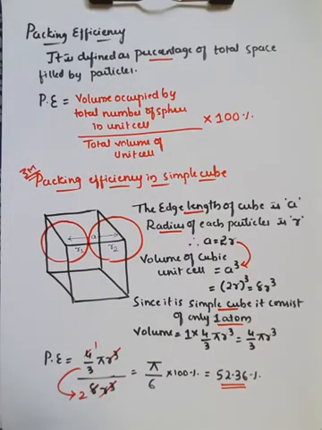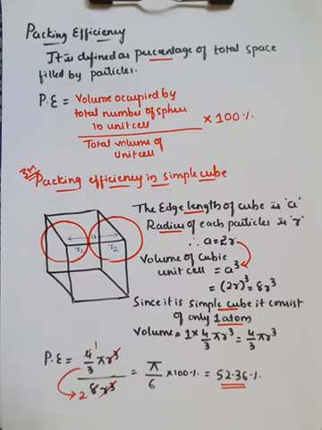Okay, in the last class, we discussed some of the concepts like packing efficiency, as well as packing efficiency in the case of simple cube. Before that, we studied the total number of atoms which might be present in the case of BCC, FCC, and similarly in the case of simple cube, right? And the further concept is about the packing efficiency in the case of HCP, CCP, which is also known as FCC, and similarly in BCC also we can see the packing efficiency. And what is the packing efficiency, we'll see.